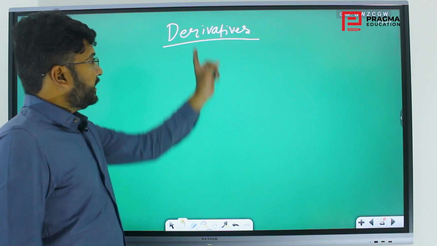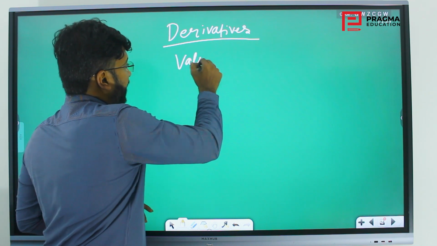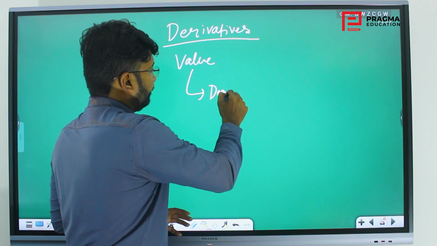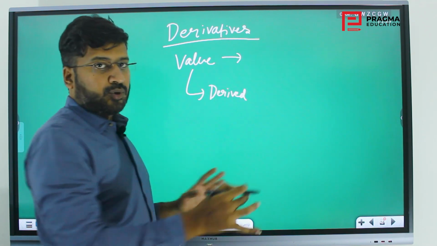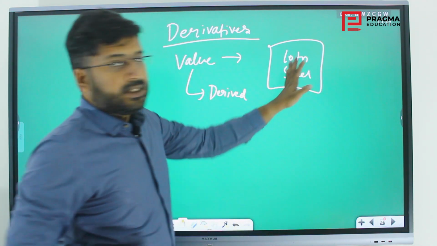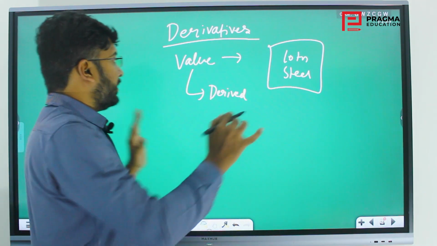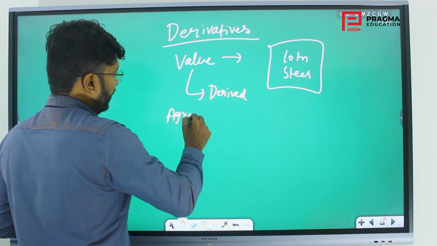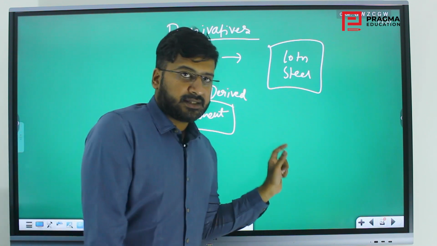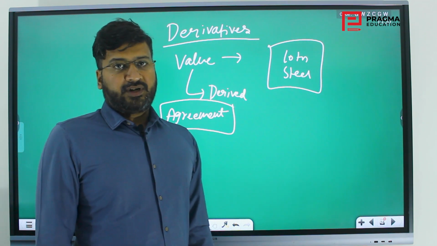The whole meaning is in the word itself. That is, there will be an underlying value or an asset, and the value of the derivative is derived from that asset. Say suppose I have 10-ton steel. This 10-ton steel is where the value of this derivative is derived from. Derivative is nothing but an agreement, as we saw in the example, when there is a seller and a buyer ready. So it is also a form of derivative only.